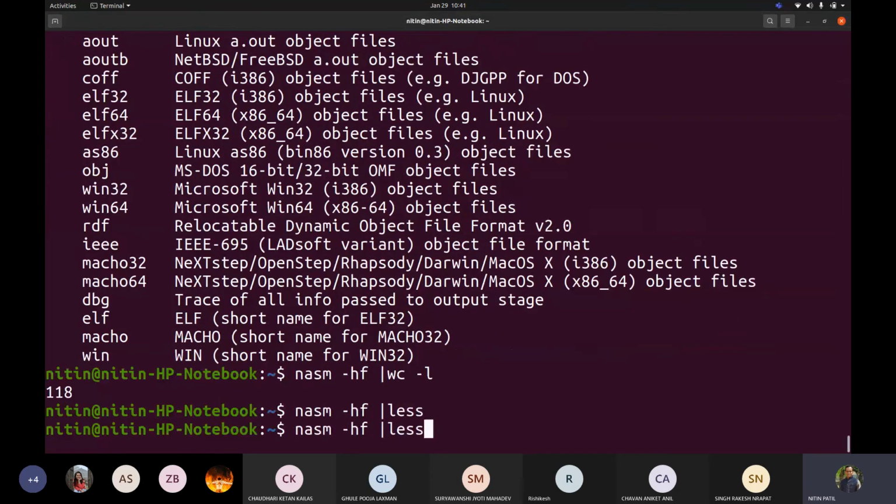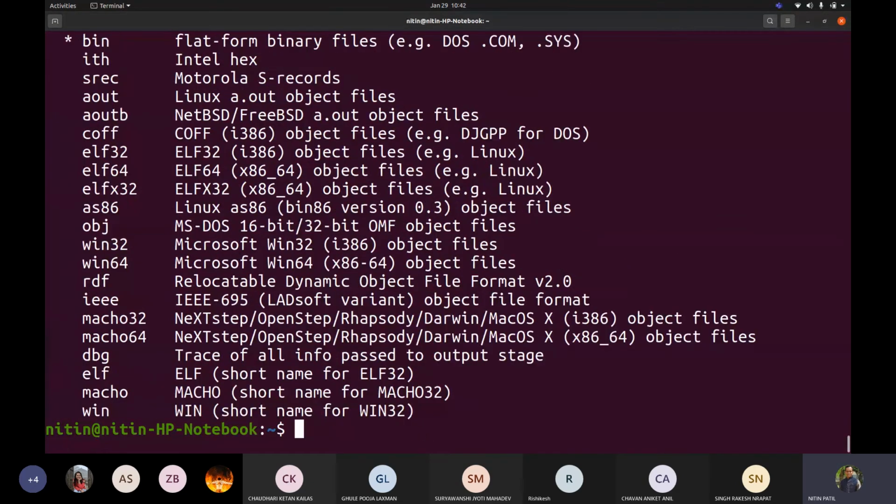The bottom part would be these file formats. You are going to write your roll number and the file format in the NASM WhatsApp group. It would be on a first come first serve basis, so whoever posts it, that would be allocated to him.